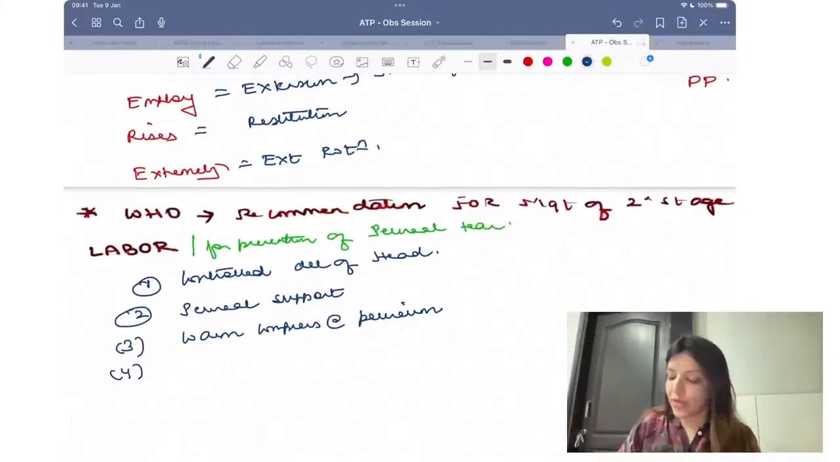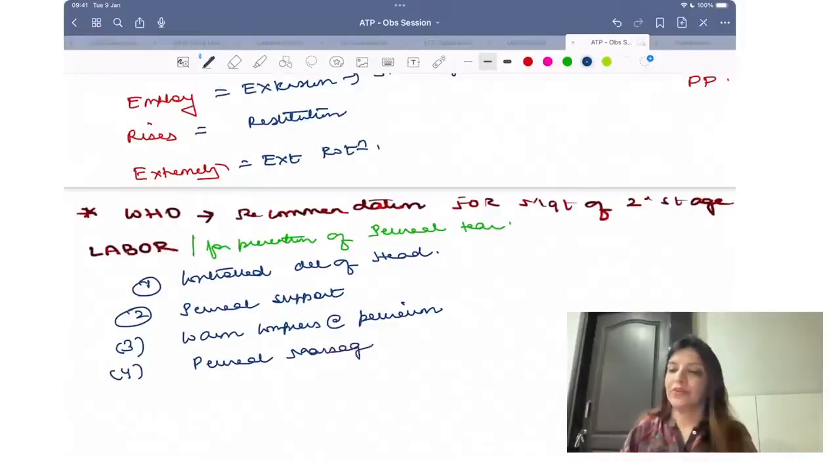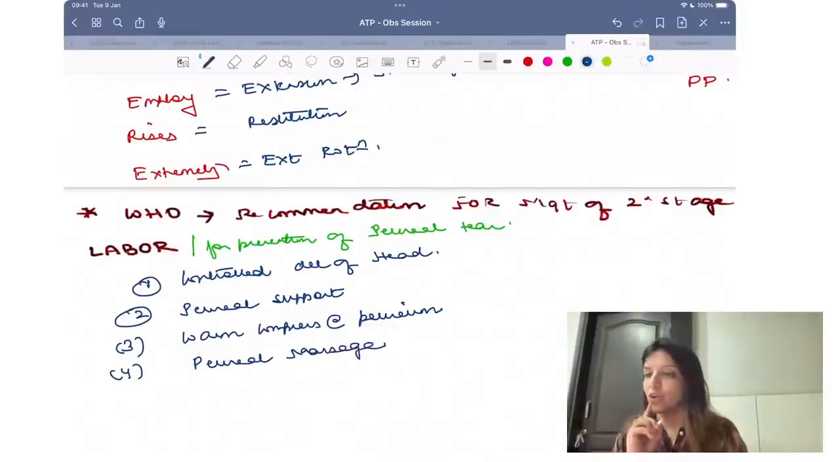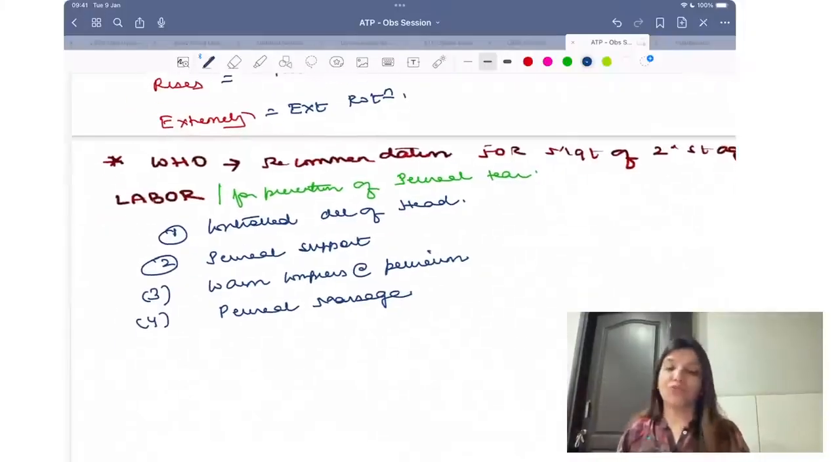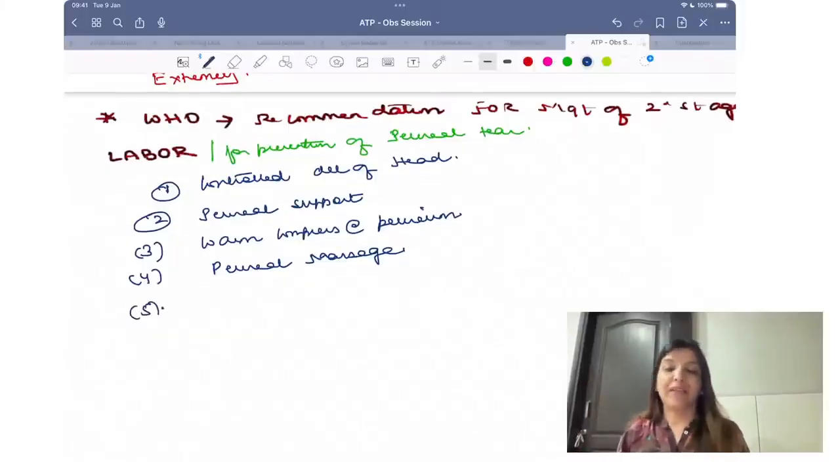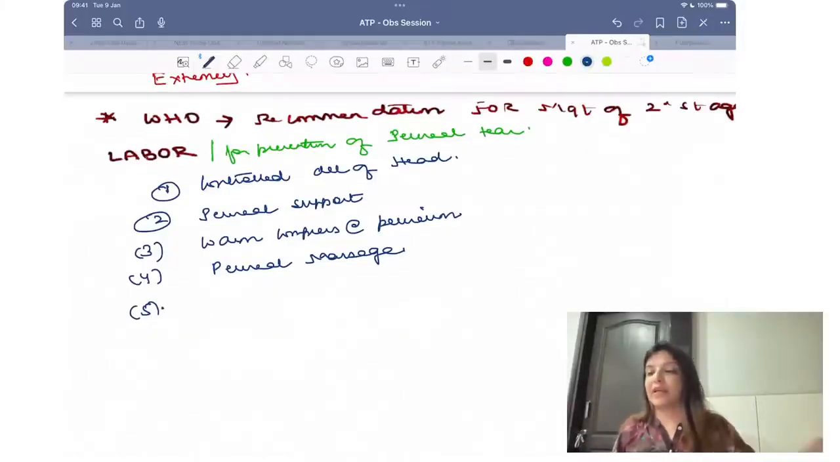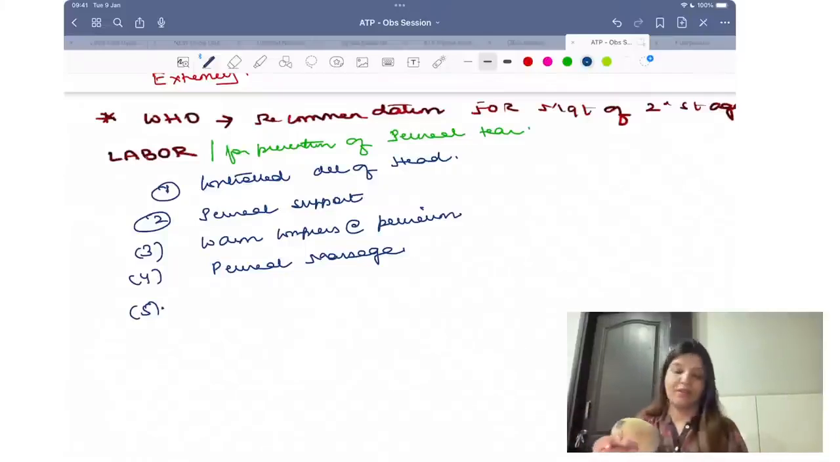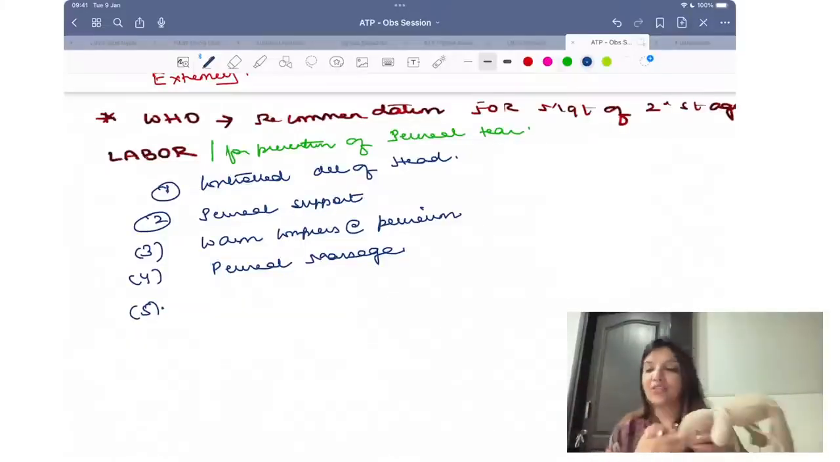Number four, you can go for a perineal massage. Two things which you never do: one of those things is never episiotomy. WHO does not recommend episiotomy. Smart surgeons say episiotomy, and even sitting in class you say episiotomy, that is wrong. Okay, then tell me number five, what did I tell in class? Shivam, tell quickly. The last thing which I told you